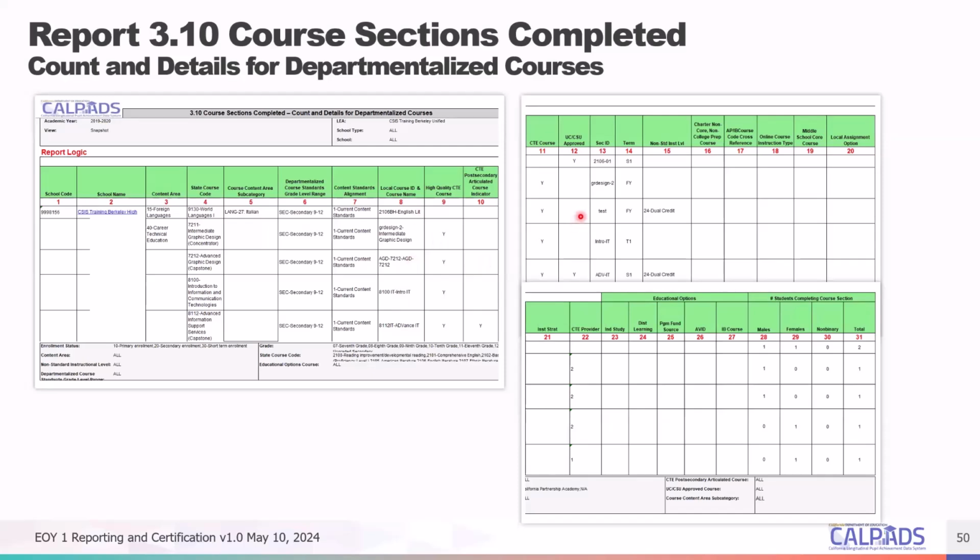It also indicates if the course is a CTE course, if it's UC/CSU approved, all of those yes or no indicators or drop down fields that you've identified for the course, all of those attributes will be included on this report. So if 3.9 is just only counts and the content area, 3.10 will provide you more information.